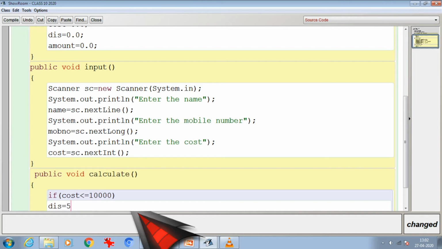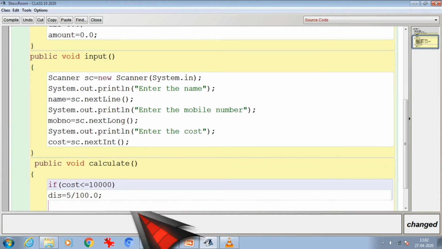You can write 5 divided by 100, or directly make it 0.05. It's up to you. I'm just giving it 5 divided by 100.0 specifically, to make it in double format.